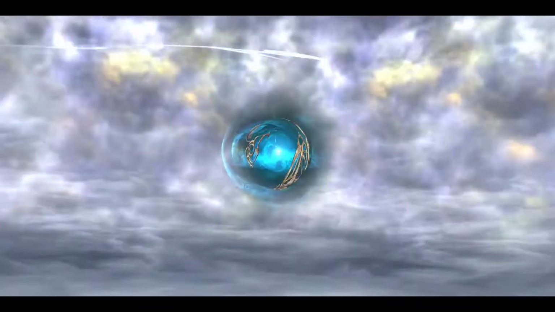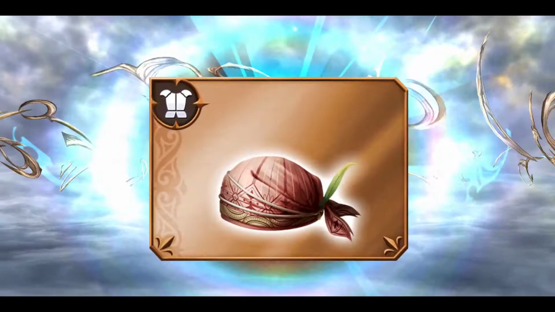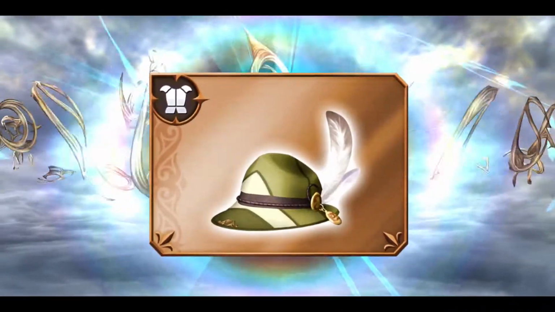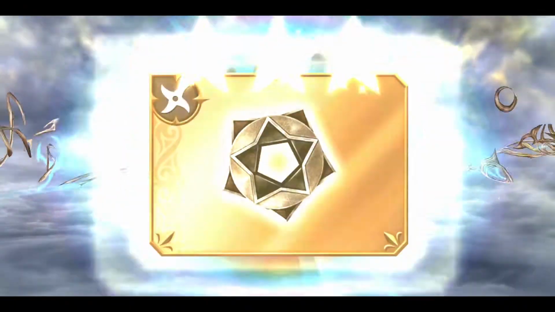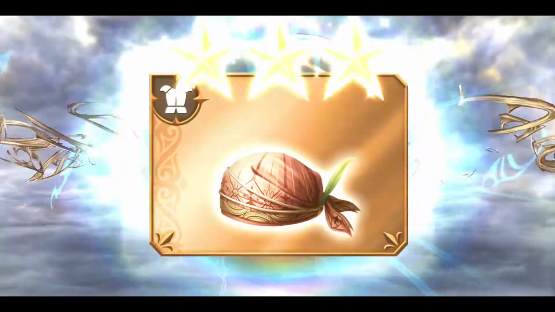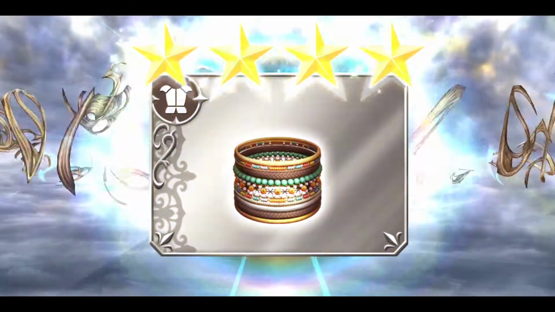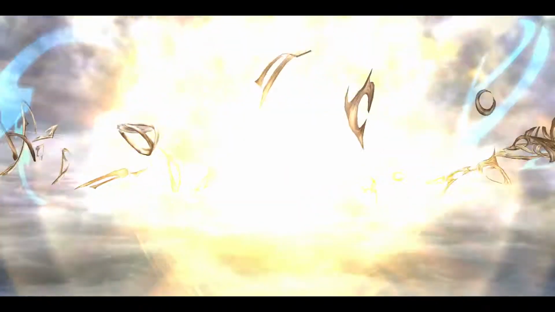I have everything on this banner aside from 8's LD weapon and Quistis EX. So if I can get those in the free pool, great. If not, I am going to be going in with tickets. So here we go. Aside from that, a few talking points for this video: 8 Kit did get a